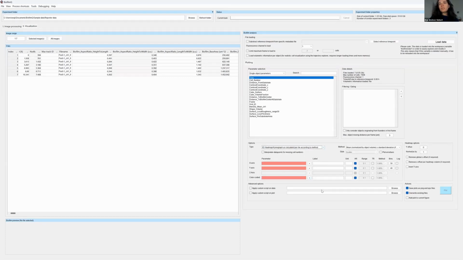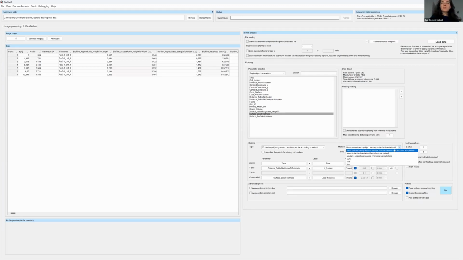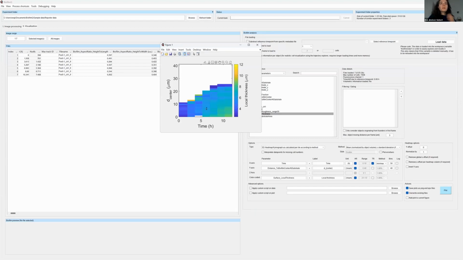I'm going to go back to the 3D heat map, and I'm going to choose on the x-axis the time, on the y-axis the distance to the biofilm center at the substrate, and color-coded, I'm going to choose the local thickness. This is how high the biofilm is, and I'm going to choose the mean here. So here you can also select if you want to have the mean or the standard deviation or the median of the data that you're plotting of the cubes that are being binned together. And then you can click here on plot, and you get this nice kymograph,